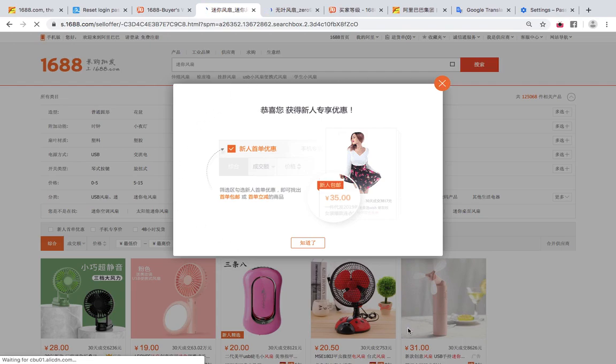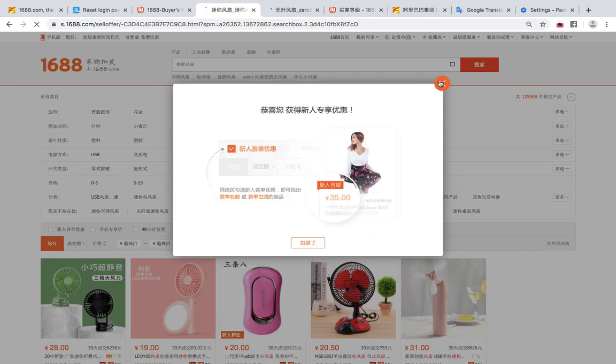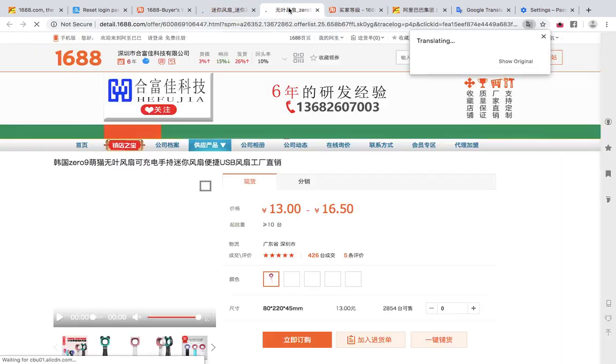Let's wait for it to boot. So can you see what is happening here? Giving us products under mini fans. So you can pick any of those products. Or better still, you come here, right, and